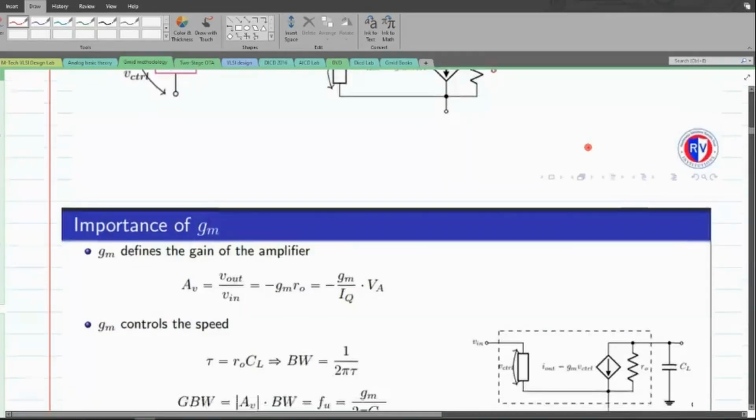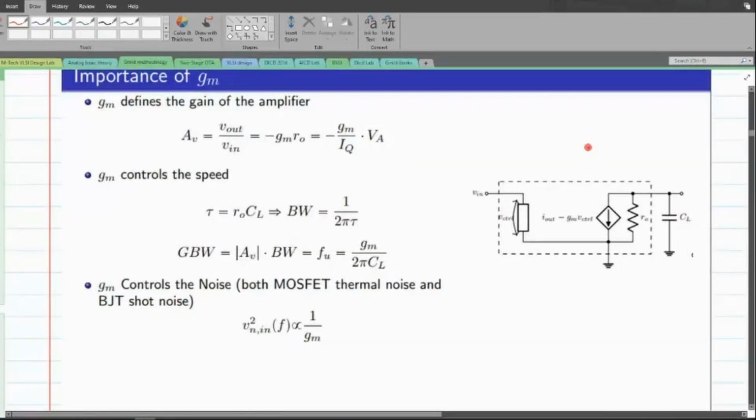Here is the list of important concepts related to the GM. We know that the gain is defined as the product of the GM of the system and the output impedance of the system. If I take a single transistor, then we can relate the capital GM to this small signal GM, and the output impedance is just the R naught of the circuit. Clearly, to have a high gain, we are supposed to have a large value of GM. We could see how the value of the GM affects the gain of your system.